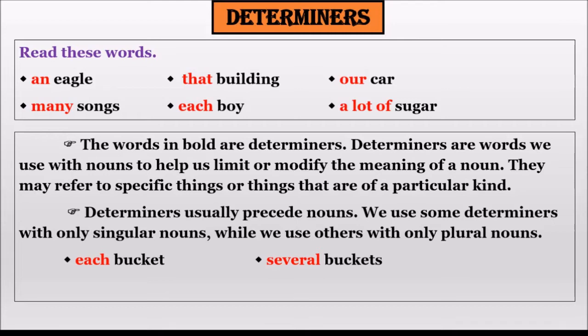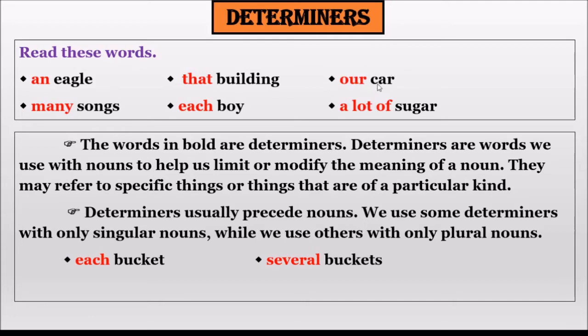Okay. So we have discussed the determiners. Chapter 1, the heading is determiners. What is a determiner? A determiner is a word placed in front of a noun to specify quantity or to clarify what the noun refers to. Here you can see each boy, a lot of sugar. A lot of sugar here represents a specific quantity, less sugar or a lot of sugar. And some determiners are used to clarify what the noun belongs to or refers to.